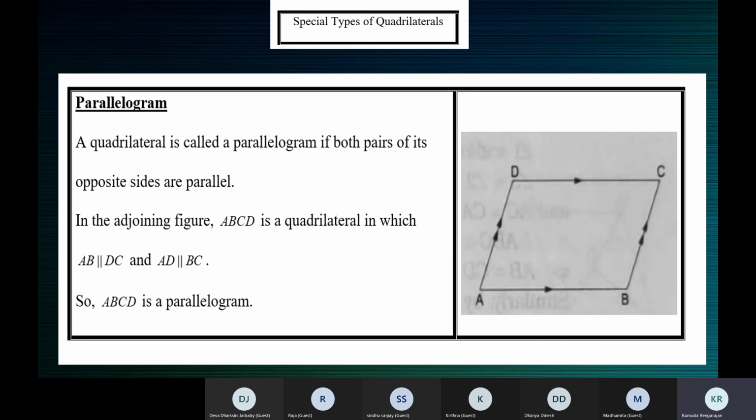Then you must have written adjacent angles are supplementary. Have you written that? Now tell me, apply that in this figure. What do we mean by adjacent angles are supplementary? Ma'am, when we add angle A and B, we get a sum of 180 degrees, because each angle is equal to 90 degrees. No. Each will not be 90.